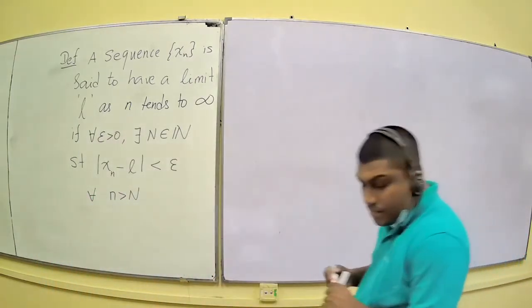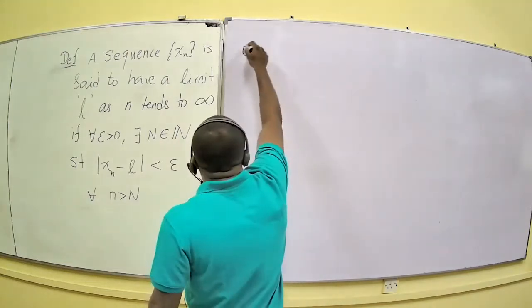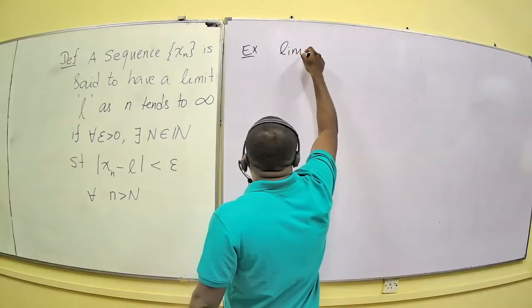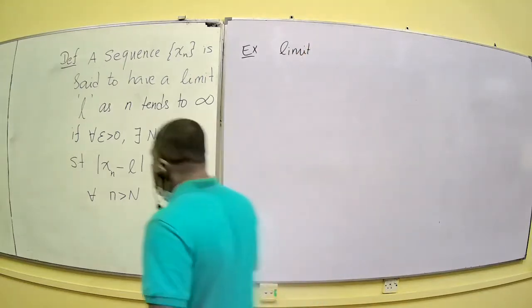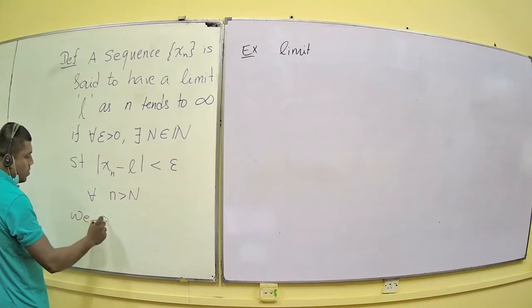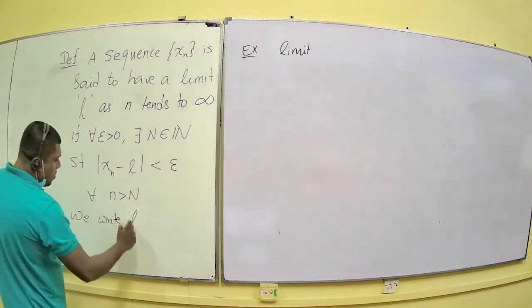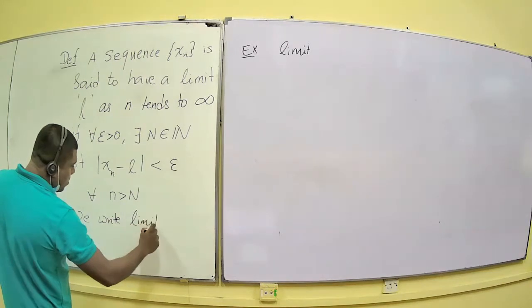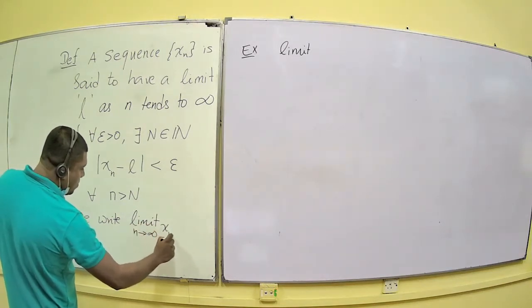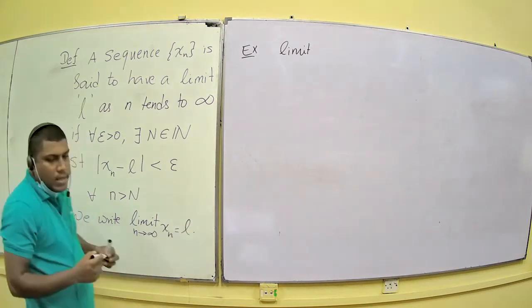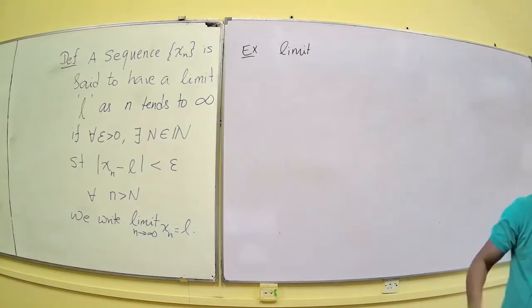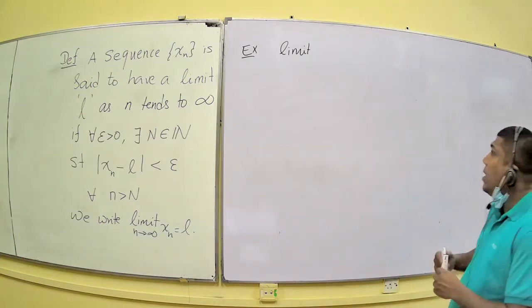Okay, we write it as the limit of xn as n goes to infinity is equal to L. So here